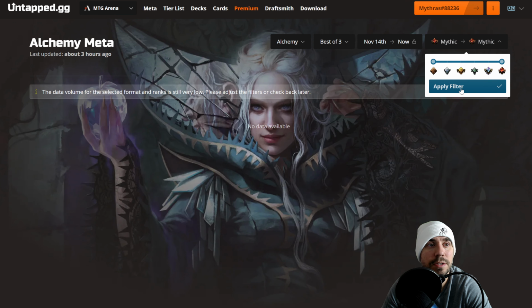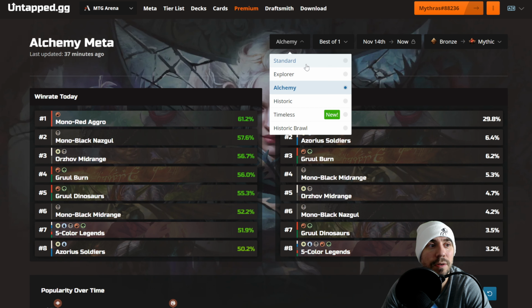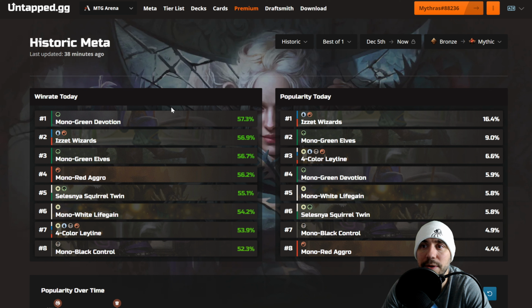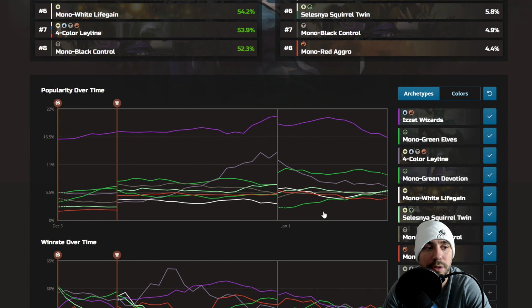Exactly. All right, so that concludes Alchemy. Let's go ahead and check out Historic. So here in Historic today, we got Mono Green Devotion at the top, followed by Is It Wizards, Mono Green Elves, Mono Red Aggro, Selesnya Squirrel Twin, Mono White Life Gain, 4-color Ley Line, Mono Black Control, and then here on the right, you can see Is It Wizards, Mono Green Elves, 4-color Ley Line, Mono Green Devotion, and then